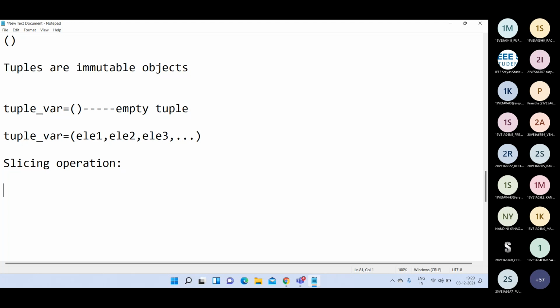Clear? Yes, sir. Yeah. Then next, there are some built-in methods available in tuple. Very few methods are there because tuples are immutable objects. It is not possible to modify the tuple values. So there are only 3 or 4 functions, hardly. The first function is